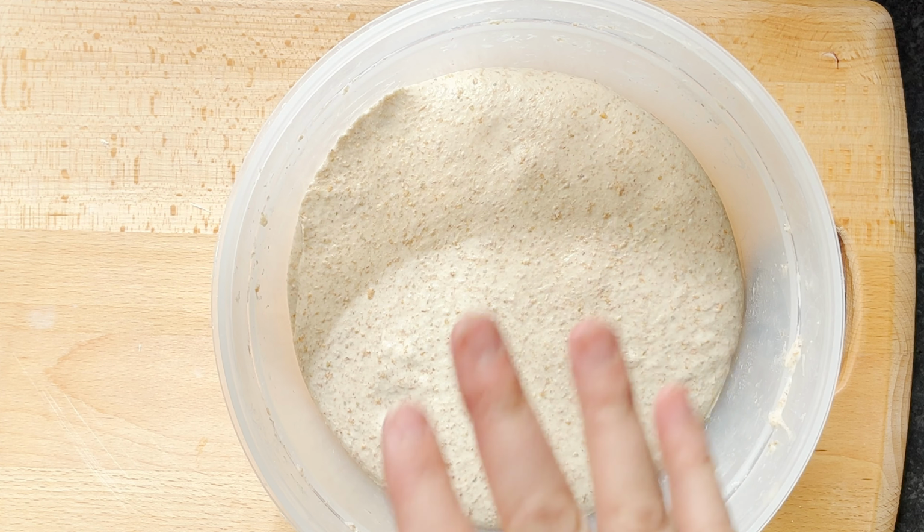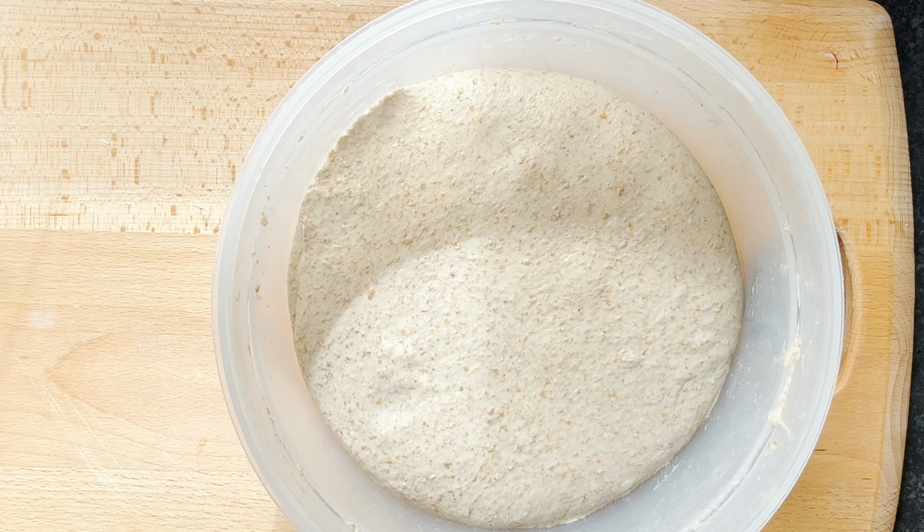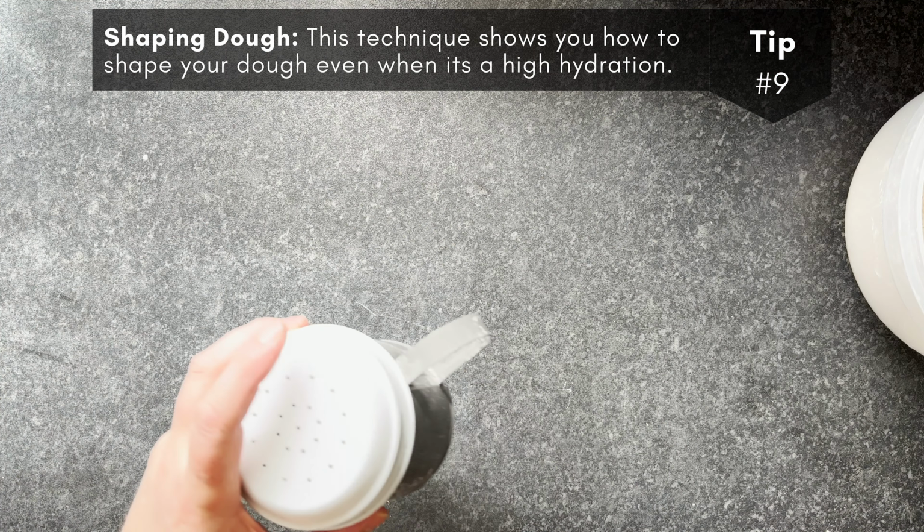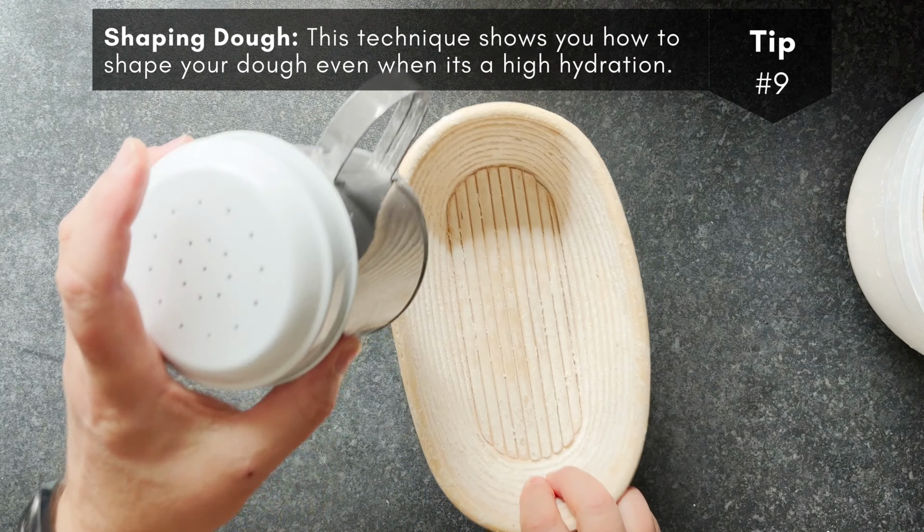Should be some kind of resistance coming back on you, and that's great. So I'll give you another tip and trick in a wee while. Okay, great. So another tip here is when you're going to do your shaping and you're going to put your